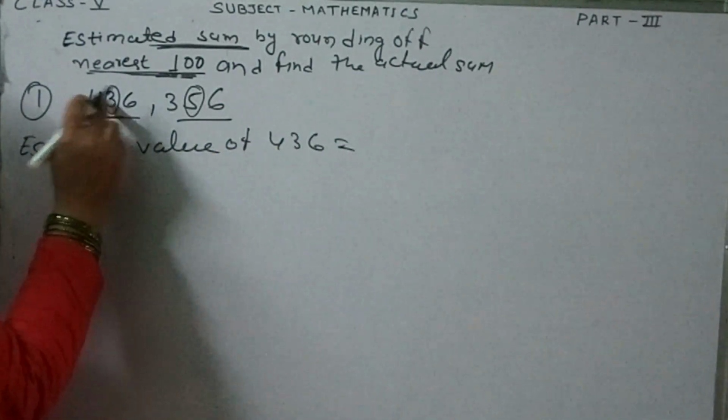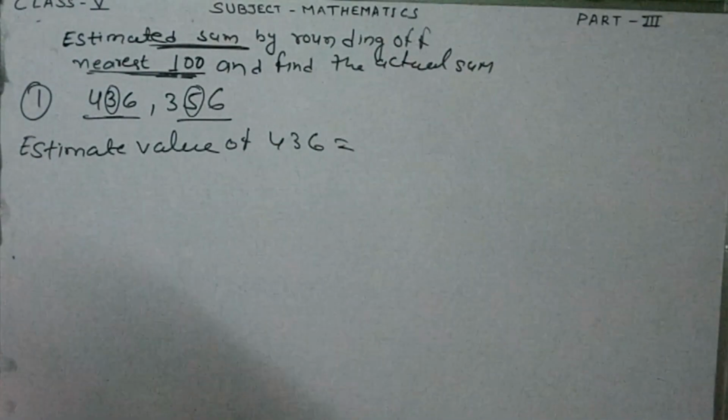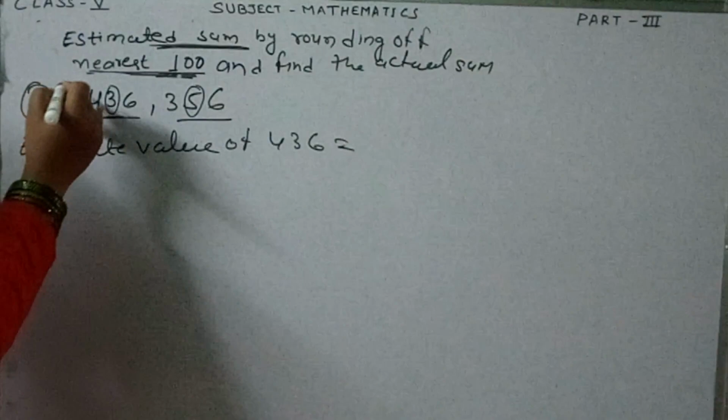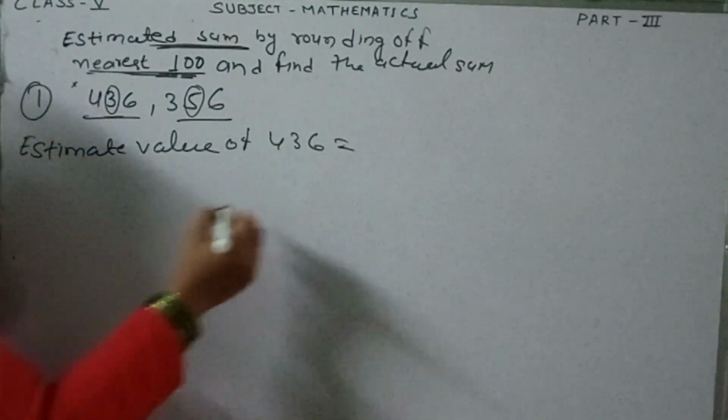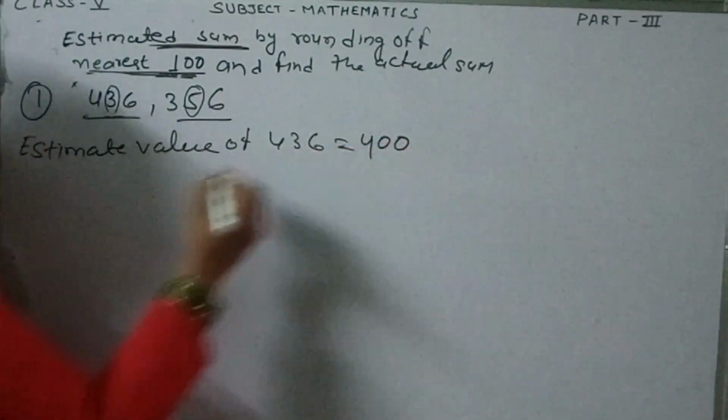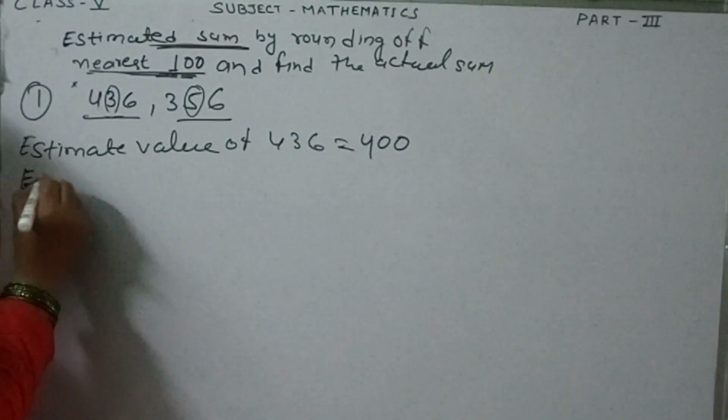Now here the tens digit is 3, and is 3 more than 5 or less than 5? It is less than 5. So there is no need to add 1 here. So simply you write 4 and after this both will be 0, 0. Next, the estimate value of